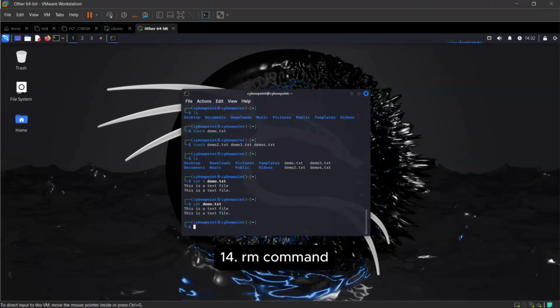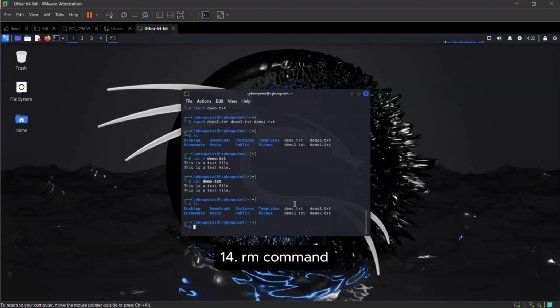So to remove or delete the object, we can use an rm command to delete the object. Before we delete, let's see. So we have this demo test and demo 3 and all that. So let's delete this demo test. We can use the rm command